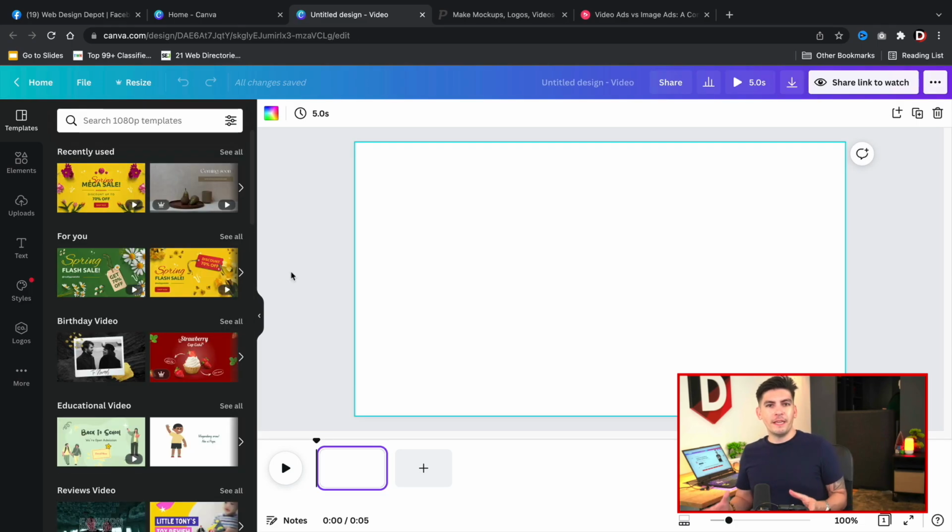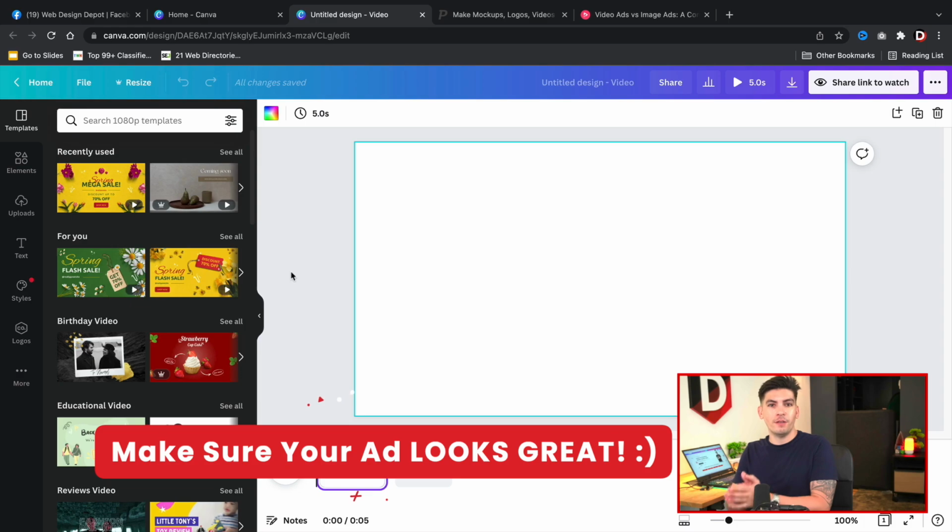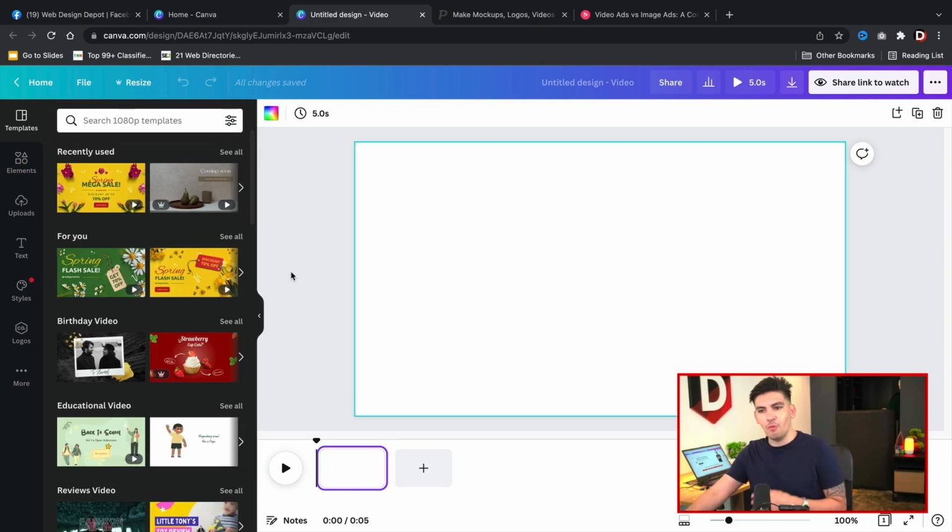All right, now before we begin, I just want to say that the Facebook ad itself is the most important part of the ad, right? So not the A/B split testing. You don't want to make very generic, boring ads, and just ask yourself, would you click on this ad? If you wouldn't click on the ad, then it's probably not good enough, right? So you always want to push yourself to just create engaging content, right?